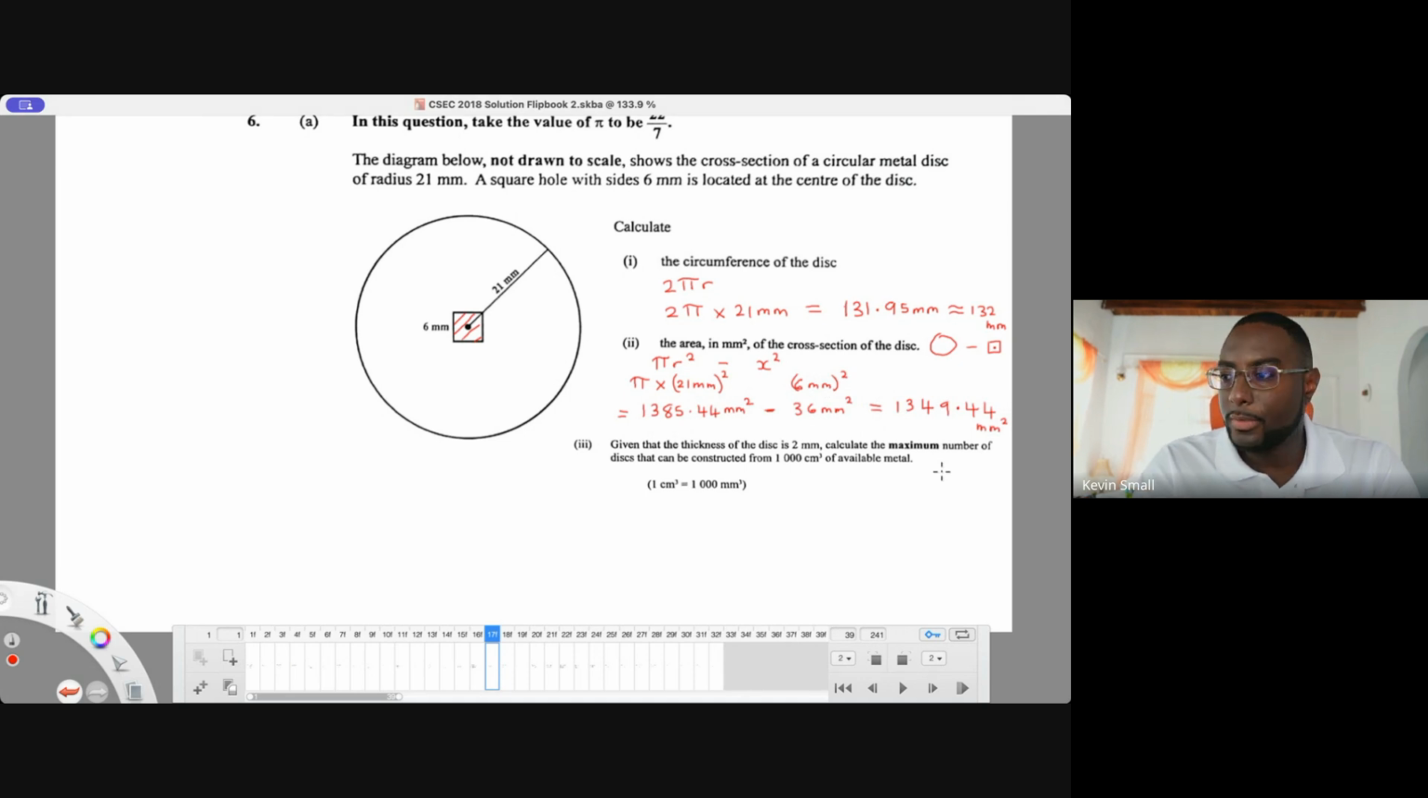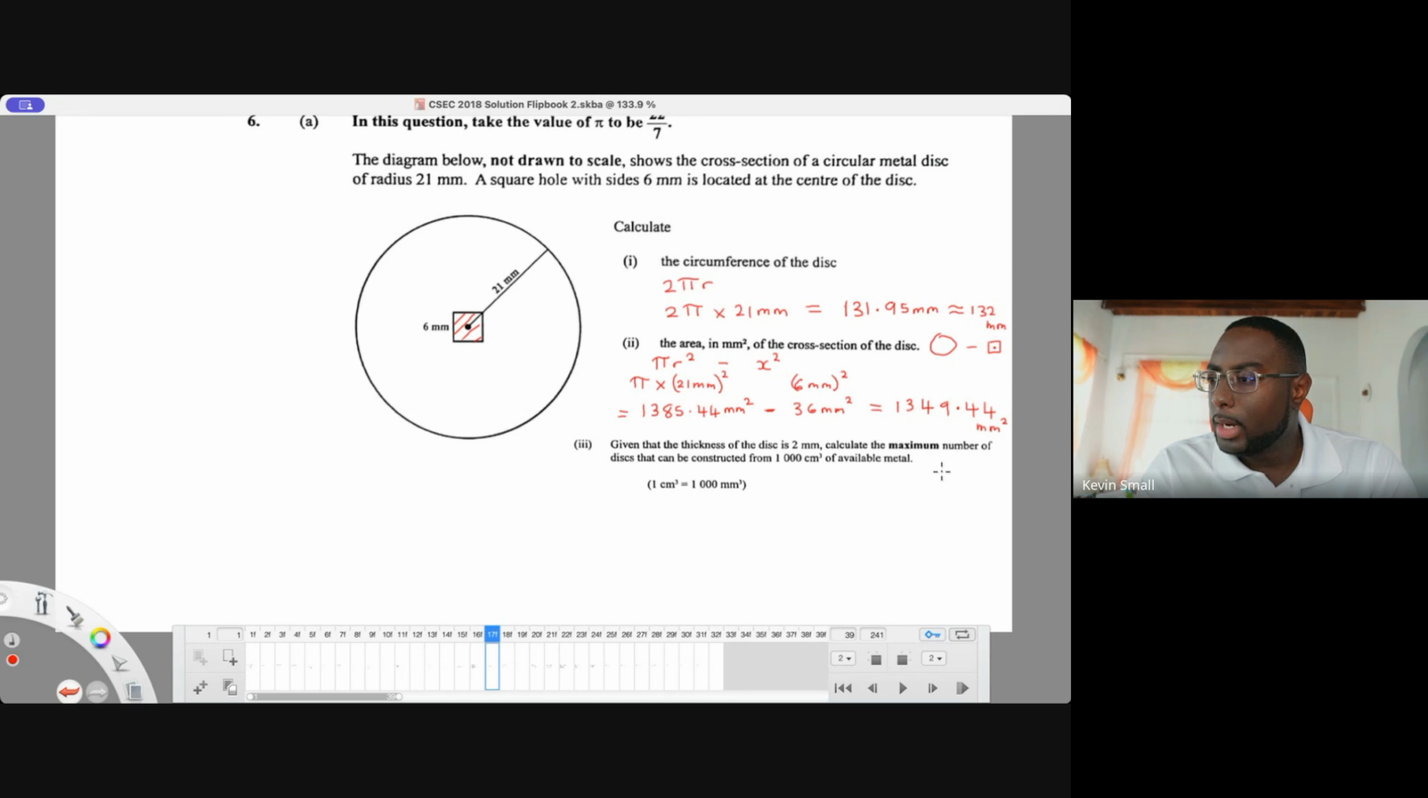Okay, so very good. All right, so the next question. Given that the thickness of the disc is 2 millimeters, calculate the maximum number of discs that can be constructed from 100 centimeters cube if available. And they have a conversion here that says 1 centimeter cube is 1,000 millimeters. So how many discs can we